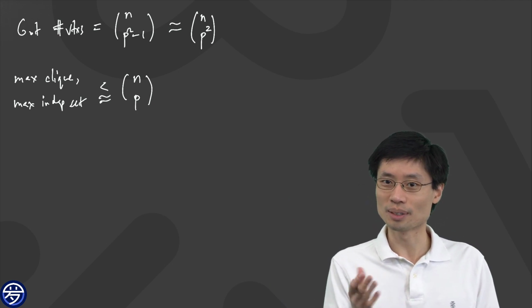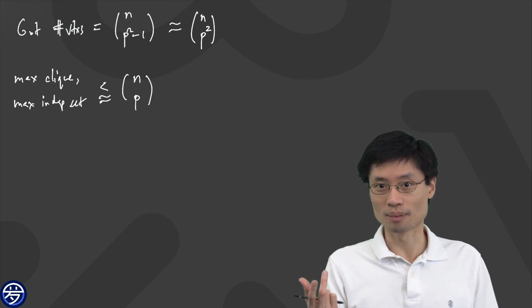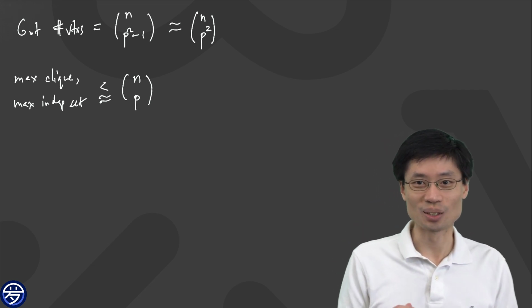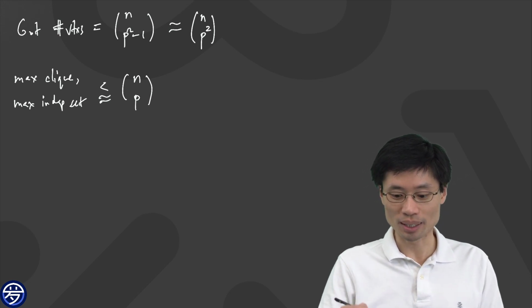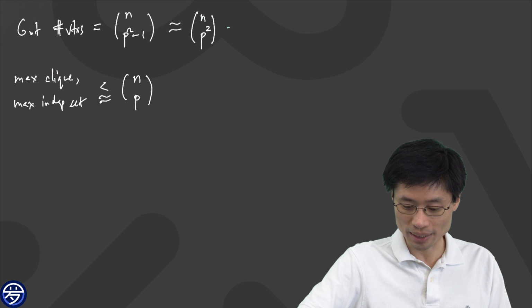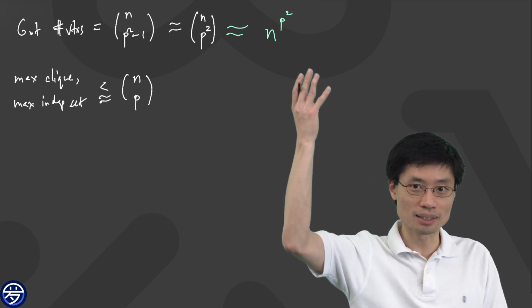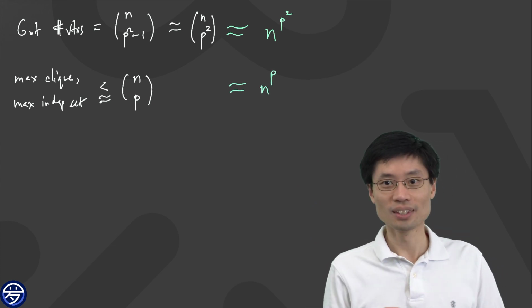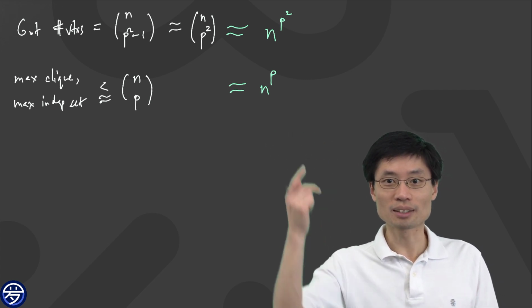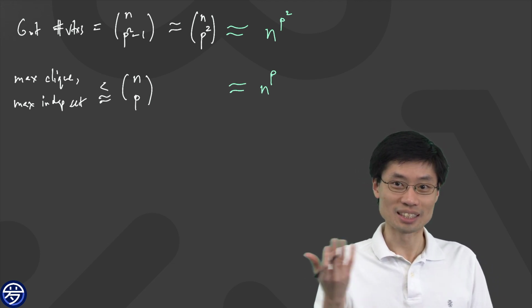So now we need to know approximately, how big are these things? If I'm eventually going to pick my n to be much bigger than p, then when n is very big compared to p, this n choose p squared is going to be approximately n to the power p squared. Of course, it will be divided by p squared factorial, but if n is really, really big, this is the main part. And this thing here is approximately n to the power p. Now, I would like the n to the power p squared to be very big compared to the other one. And it turns out that if you choose n to be p cubed, this works pretty well. So let's see what happens if you choose p cubed.